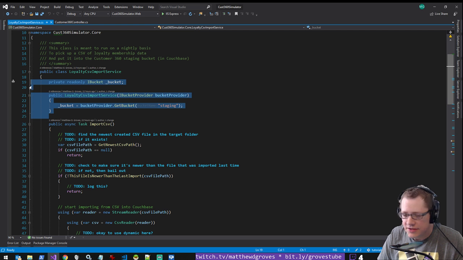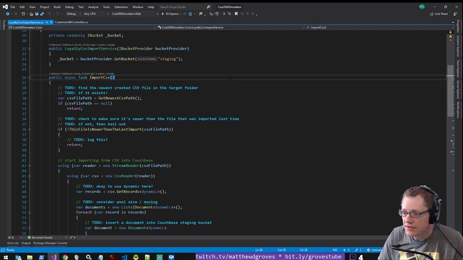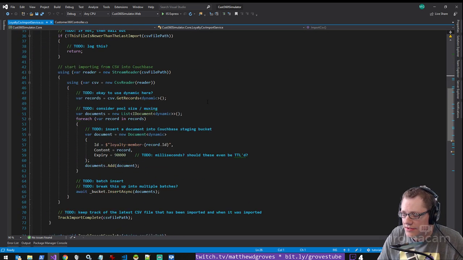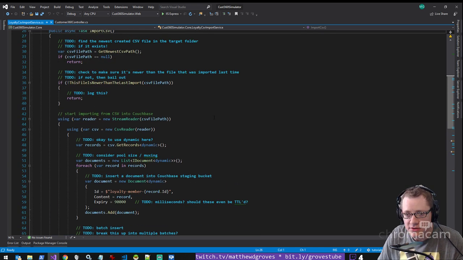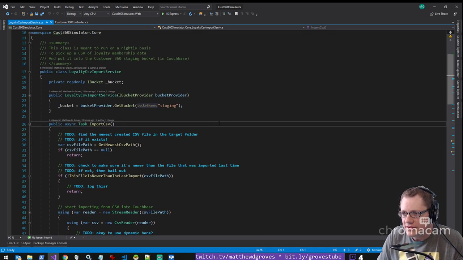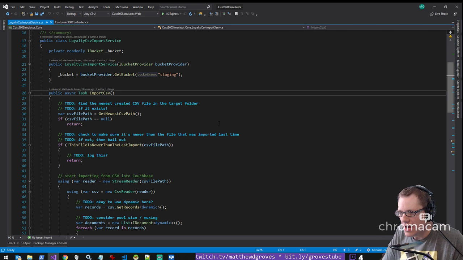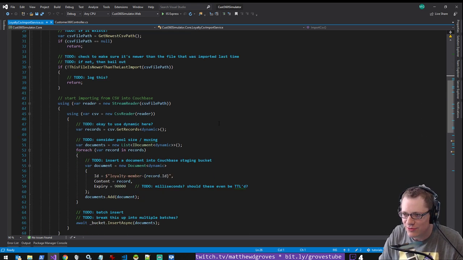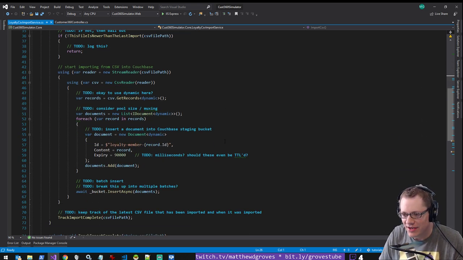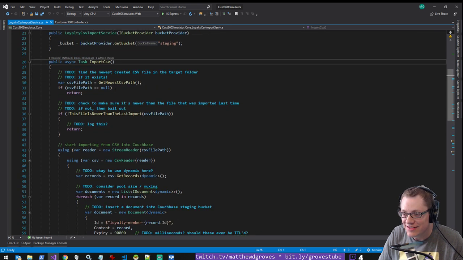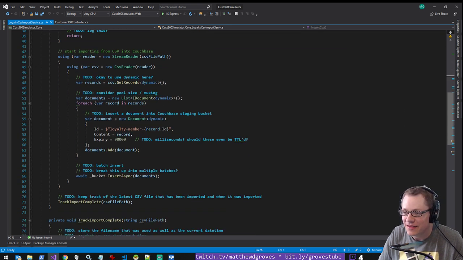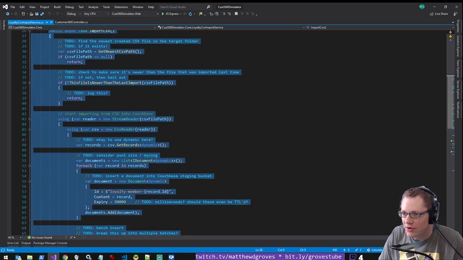We'll get to this bucket stuff in a second. Just ignore that for now. But this is the method that I skeletoned out a little bit, and put a lot of to-dos in there. This class, as it is right now, might be doing too much. One of the ways I like to judge that, just by glancing, is if a function takes up more than one screen. And I know there's a lot of to-dos in here, but this function is taking up just about